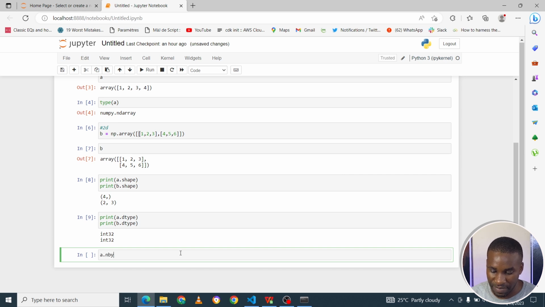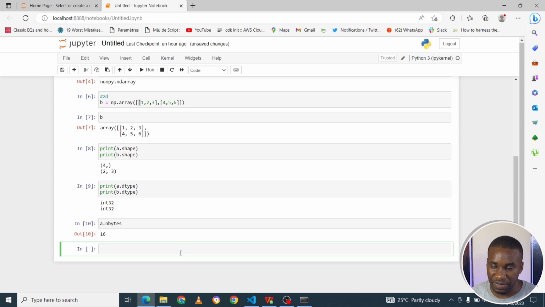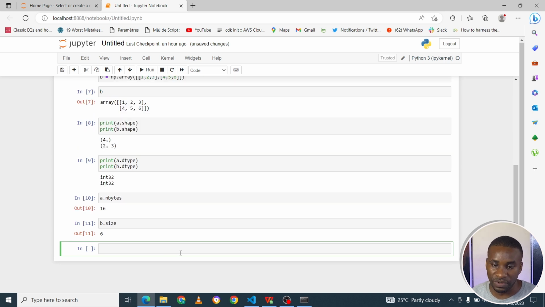You can see the number of bytes, the space it occupies. You can see the size of a, maybe the size of b, for example, and even the size itself in terms of the size of the object. It's a 6 because you have 6 elements. 2 by 3 is 6. Then you can check the bytes of b, for example. There are lots of things you can do, and it's 24 because it's bigger than a, so the size